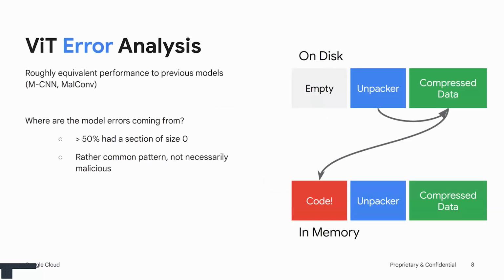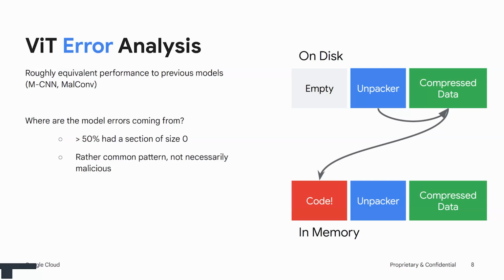It doesn't work badly. It just doesn't work any better than MalConv or a deep convolutional neural net, which is unfortunate because it was much bigger and was the new fancy architecture, and it just didn't pay off. But why it didn't pay off was really interesting. We did some error analysis, and it turns out half of the errors we were making all had one very